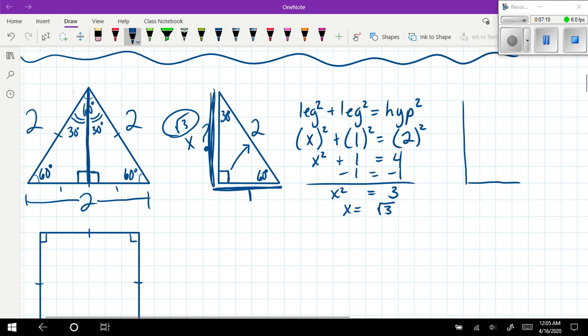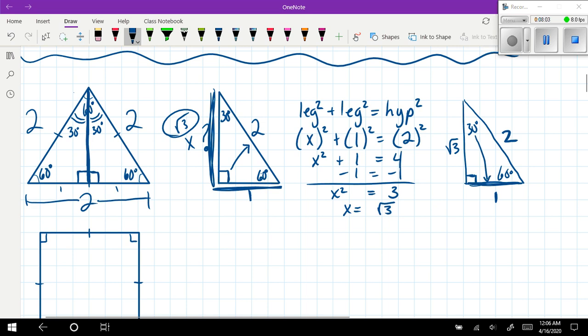Okay. So every single time that I have a 30, 60, 90 right triangle, the short leg down here is going to be my one side. The hypotenuse is always twice as big, and over here would be a root 3. Okay, so if we can remember that triangle, please try to remember. If you can remember that the 2 goes on the hypotenuse and across from the 30,